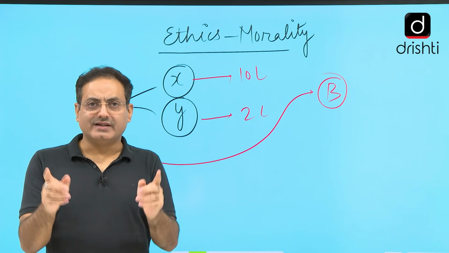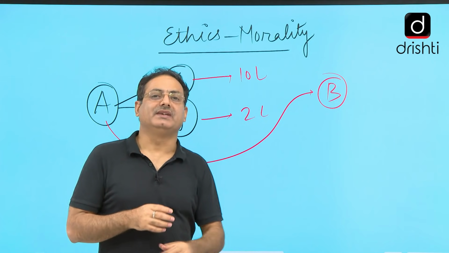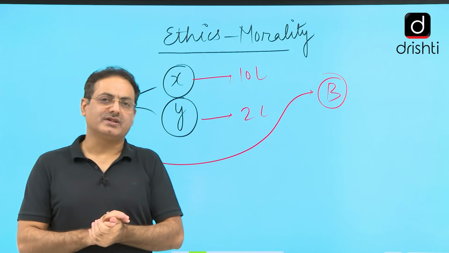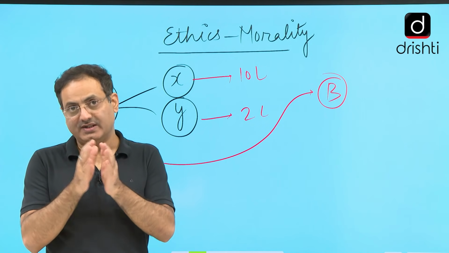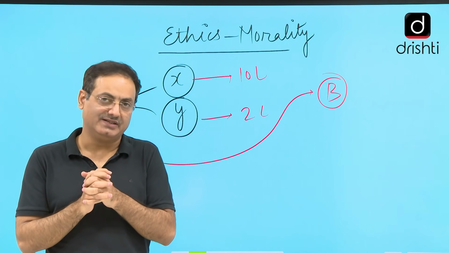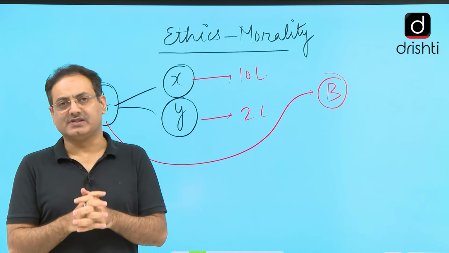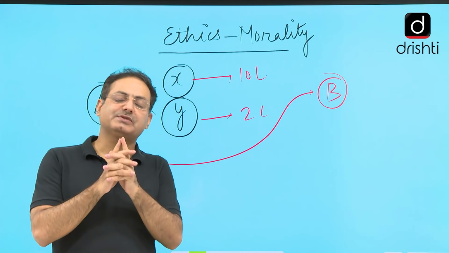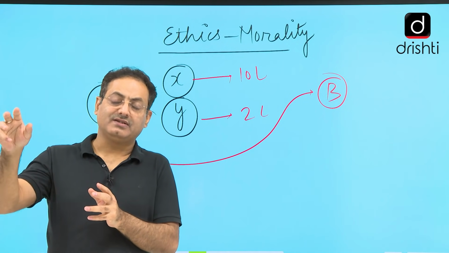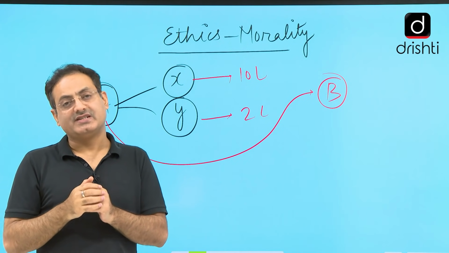Now the situation in which this girl, this lady B is in, that is called the crisis of ethics and morality. Now she has two things in her mind. She has a dilemma, and this dilemma is called ethical dilemma, which is again a part of the syllabus of ethics paper 4. Now she has one responsibility towards the hospital which pays her,